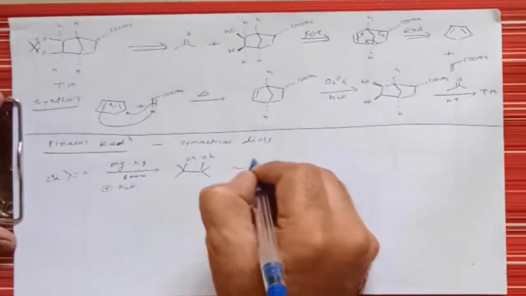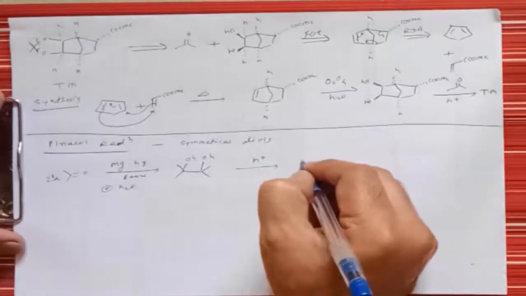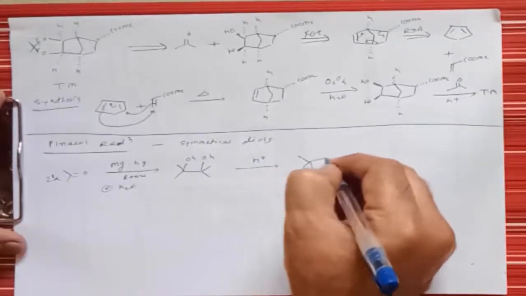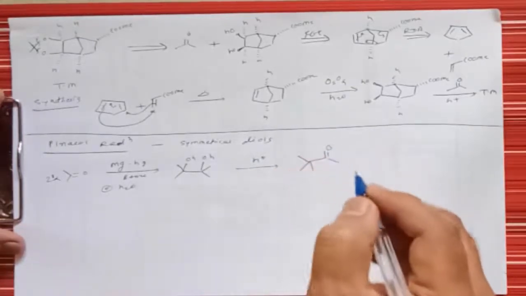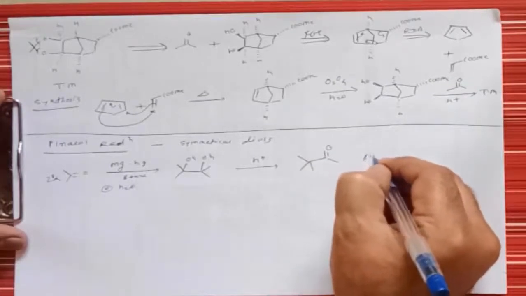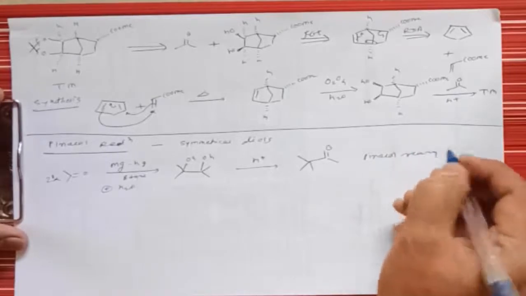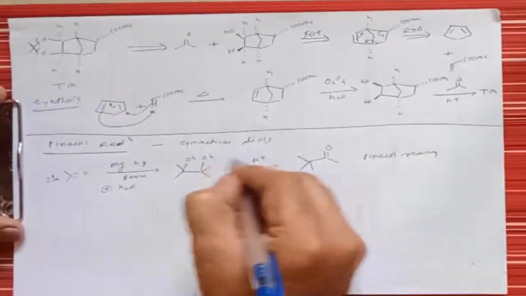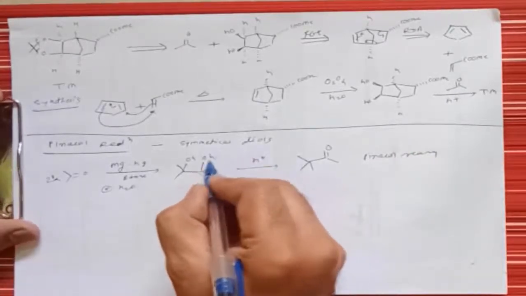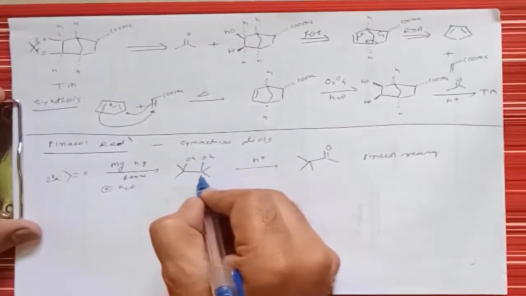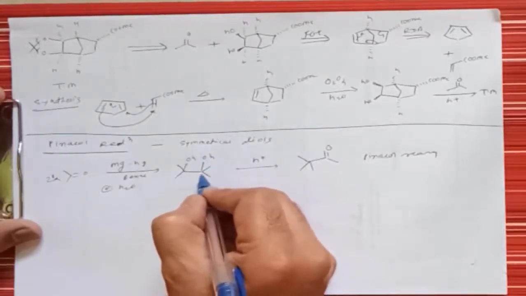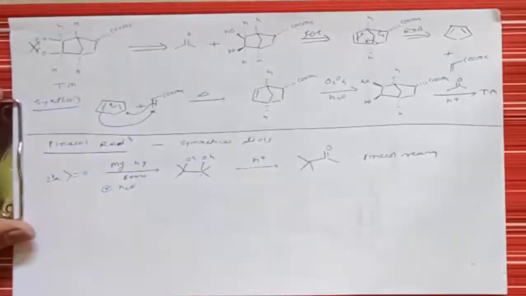And in presence of acidic condition, what does it give? It gives formation of a Pinacol rearrangement. In acidic condition the OH will get protonated, H2O will be removed, and it gives formation of a positive ion here. The methyl group will be migrated here with the formation of a ketone group, and this is called a Pinacol rearrangement.